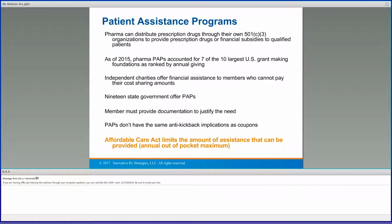Again, having members take their drugs has always been the dilemma on high deductible health plans. Yes, it helps plans in terms of not covering the cost of certain medications up front, but if the member's not taking those drugs, it may have an impact on your medical side. So again, trying to help these members take these medications and help them financially, or having your PBM work with them, the manufacturer, or the foundation,